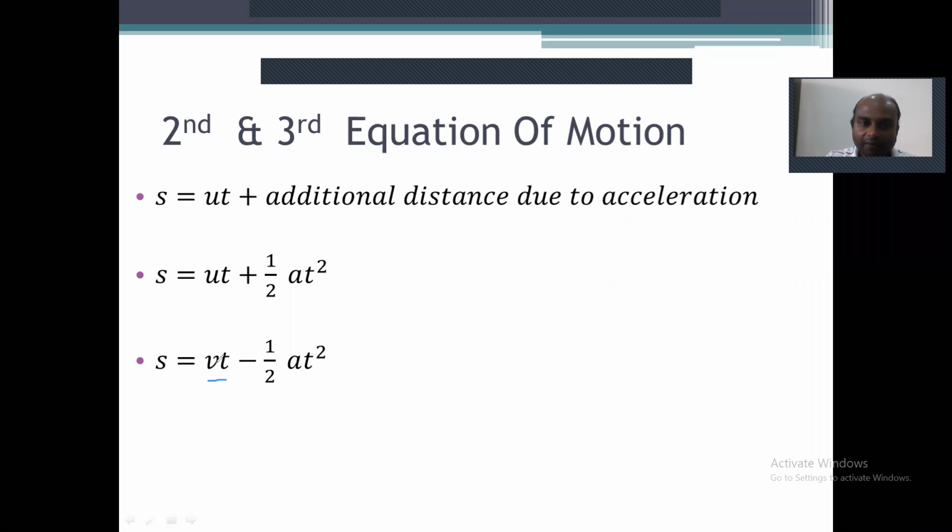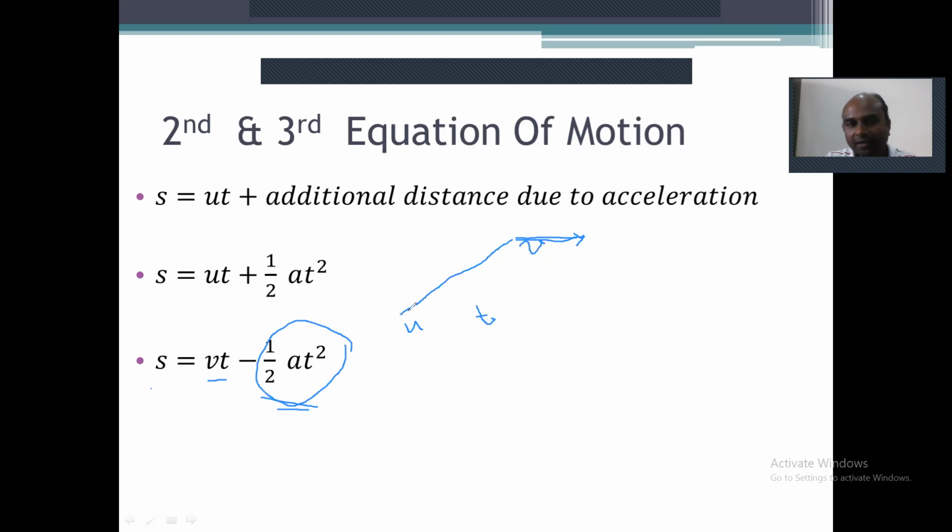What is v? What if the body was moving with the final speed? We discussed that the body started with the speed of u and it finally reached the speed v in time t. Now, what if the body started with the speed v and continued to move with the same speed? Then, of course, the distance covered would be much more than the actual distance covered. It will be half at square more than the actual distance covered. So half at square we have to remove from that,